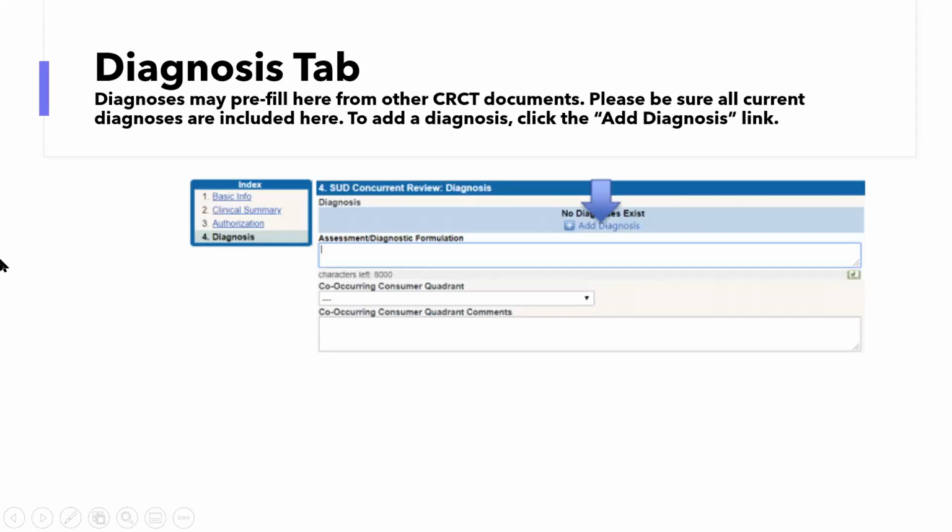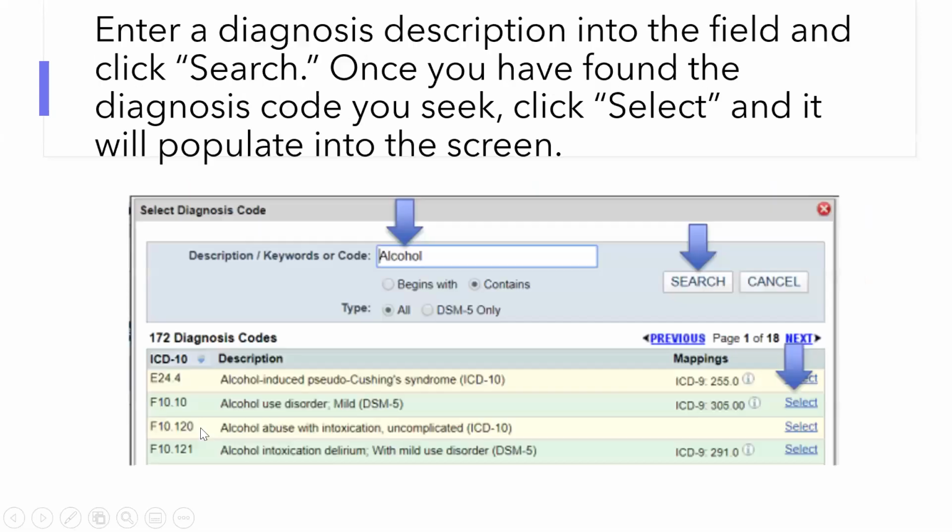So next is the Diagnosis tab. Diagnoses may pre-fill here from other Cricut documents. Please be sure they're all current. To add a diagnosis, click the Add Diagnosis link right here. You'd enter a diagnosis description into the field right here and click Search. Once you have found the diagnosis code you are seeking, click the Select right here, and it will populate into